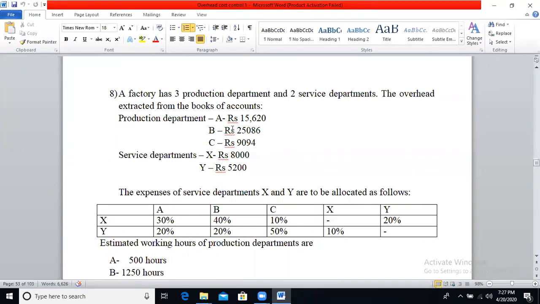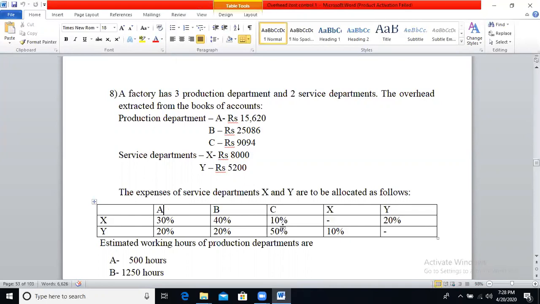So the total value of Department A will be 15,620, Department B will be 25,086, Department C will be 9,094, and Department X will be 8,000, Department Y will be 5,200. The expenses of service departments X and Y are to be allocated as follows. So the service department expenses should be reapportioned to the production departments and the remaining service department based on these